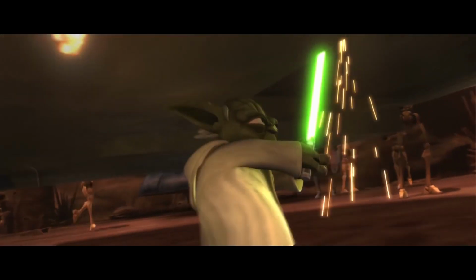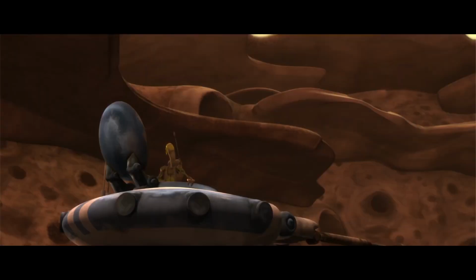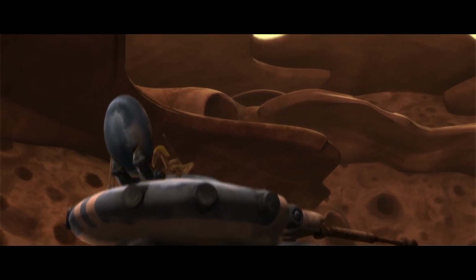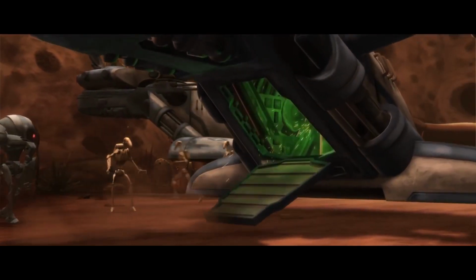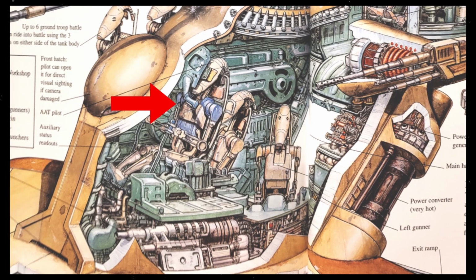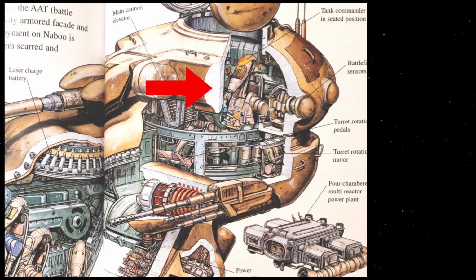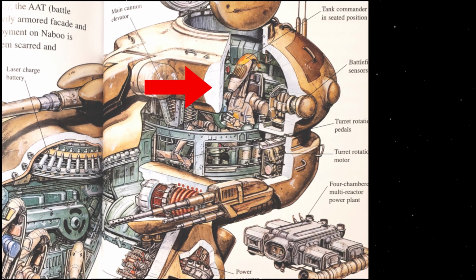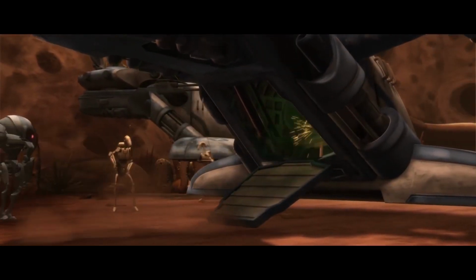If an infiltrator was able to break into the tank from the outside, whether by laser cutter or lightsaber for example, they could cause a lot of damage to the tank's primary systems. The AAT allowed for 4 OOM series droid crew members, a pilot who would sit in the middle of the vehicle, with a gunner on each side, and a commander that would sit in the turret chamber, which could be accessed by a top hatch, with the other droids entering through the main entry ramp at the rear of the